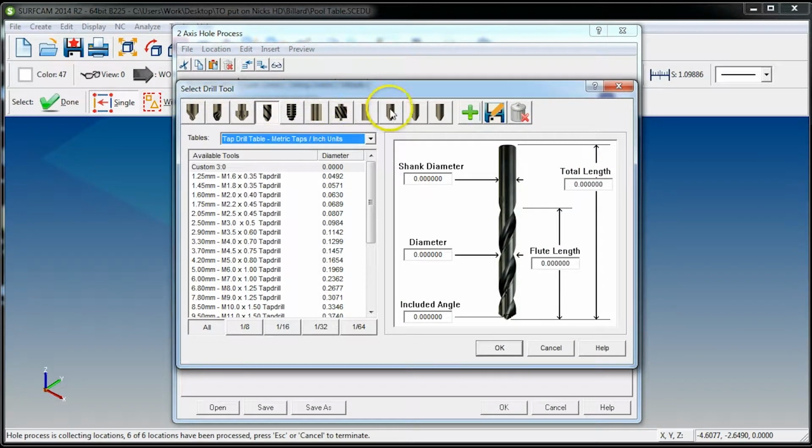Now notice all the different tool selections that you have. You have center drill, and if you hover over it just for a second, it'll tell you what it is. A center drill, a spot drill, a countersink, a drill, tap, and so on and so forth. It depends on who wrote your post and how it posts these out, but that's a whole other lesson. For now, we're going to select spot drill